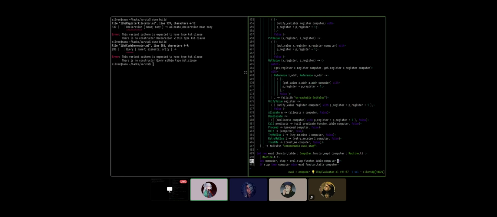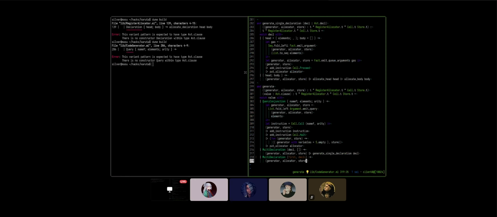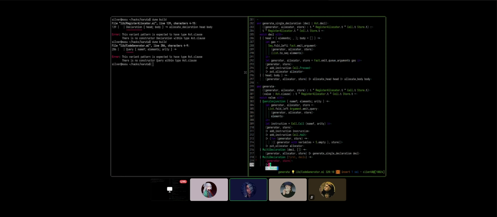Okay, let me go back to the code generator. So just remove the allocator from there and let's do pipe add instruction and then you put the cell.halt placeholder.